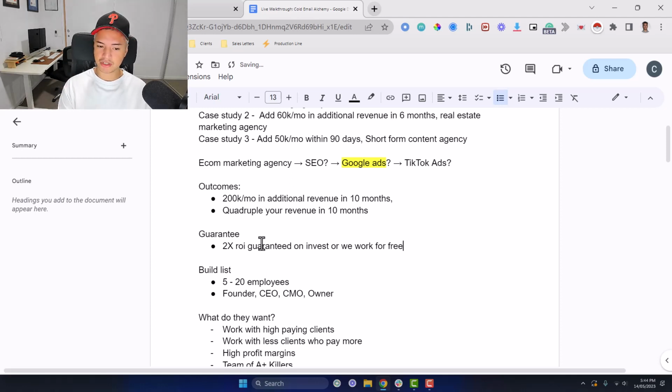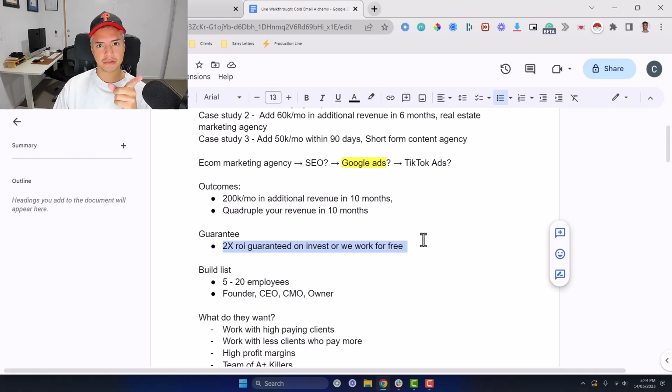So if they pay you $100,000, you try to make them back $200,000 at the bare minimum. The job of the guarantee, you're obviously going to aim to do much more, try getting like a 4x, 5x, 7x ROI, but this is just to de-risk the situation. So at the very least, they're going to walk away with double the money that they paid you, which isn't the ideal outcome, but in the very worst circumstance, that's still a good outcome if that's the least amount that they're going to walk away with.